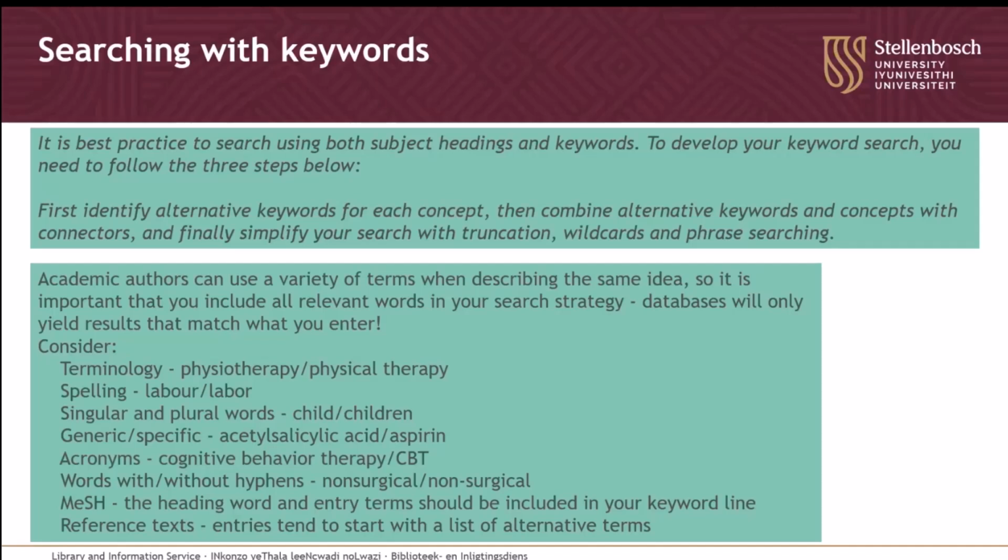So this is just some examples that are out there. Whether the spelling, so in the British spelling and the American spelling, behaviour and behavior, labour and labor. Just keep those in mind, that you have to use both. But there are wildcards or truncations that you can use to do that, but you need a specialist in order to. Otherwise, if you're unsure how to do it, then just use both to search both in your keywords